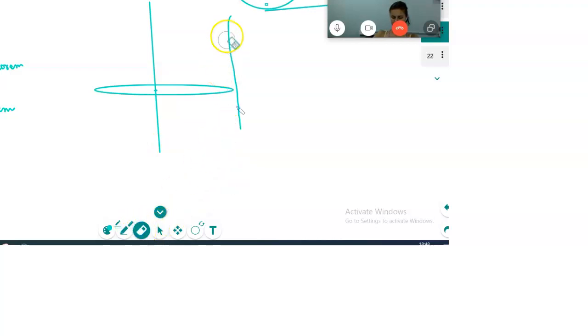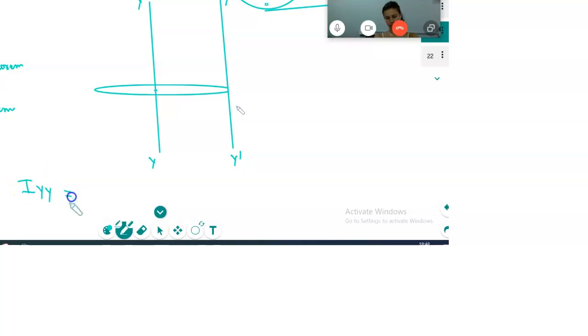So one axis we will draw. Where will we draw? Let us say this is the axis at a distance at the periphery. We want to rotate this circle about this one. Let us say this is y, and this is y dash, y dash. Is it clear? So I is equal to how much? Please tell me. You know that. If it is a disk, I_YY is equal to m r squared divided by 2. Very good.